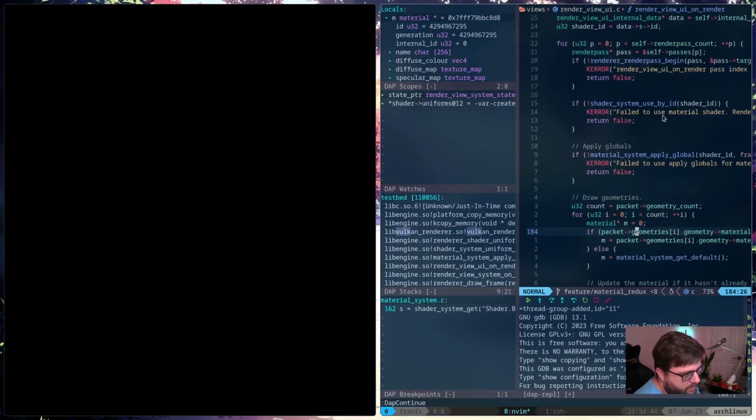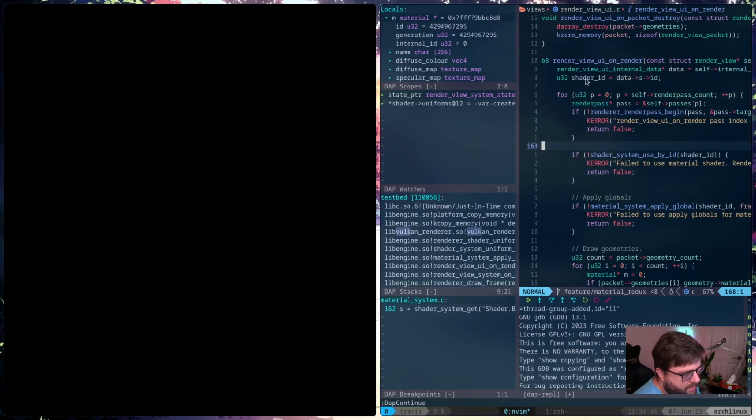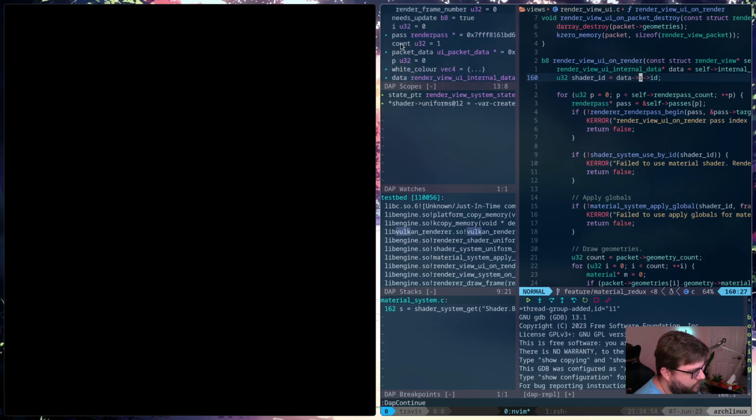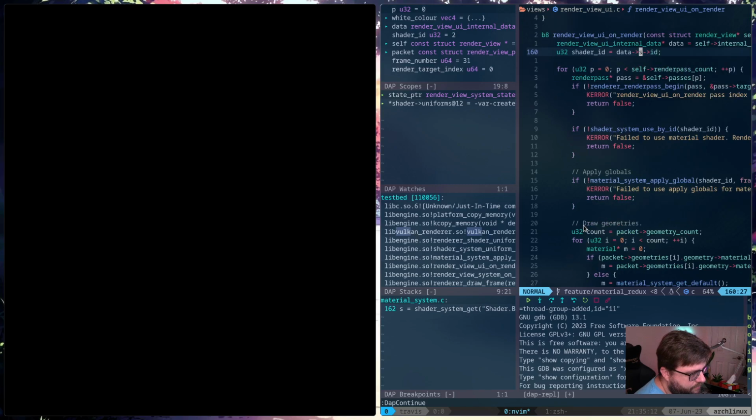So let's see, shader ID. The shader that we're binding against is not compatible with the default material, I think is the problem.